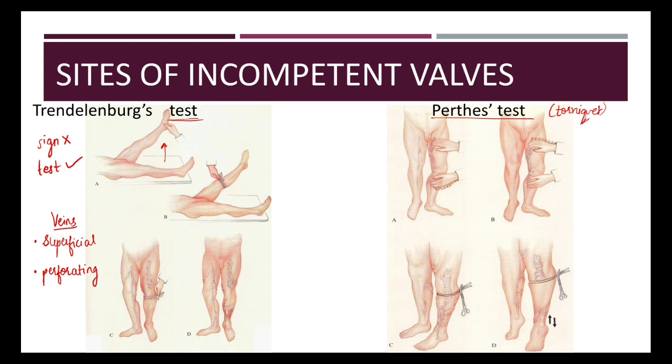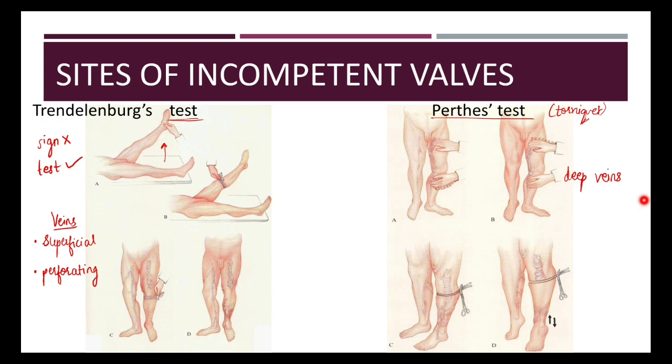Next is Perthes test or Tourniquet test. Now it is employed to test the incompetence of the deep veins. A tourniquet is tied around the upper part of the thigh, tight enough to occlude the saphenous vein but not the femoral vein. The patient is asked to do gentle exercise, that is, walk quickly for a while with tourniquet in this place. If the perforating and deep veins are normal, the varicose veins will shrink, whereas if they are blocked, the varicose veins become more distended.